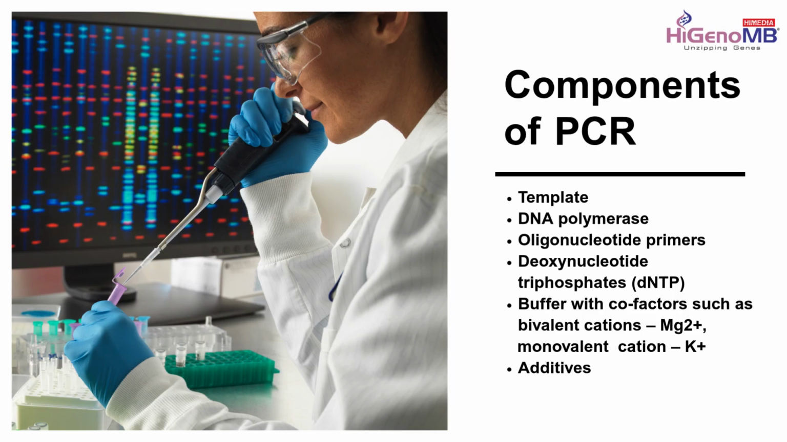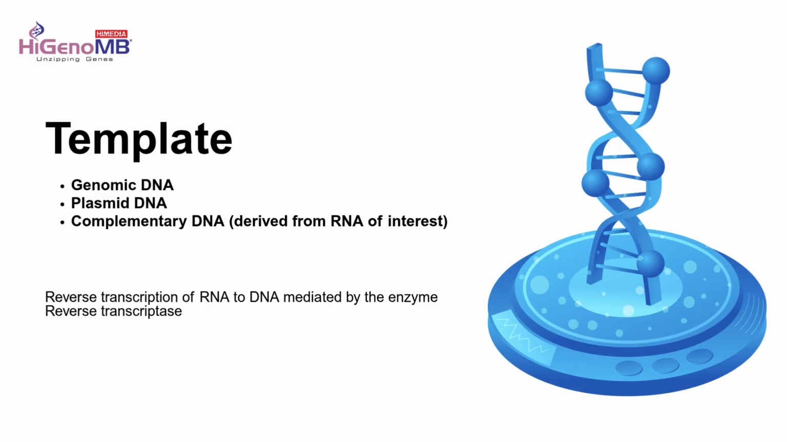Okay, so now let's go to the components of PCR. The first component is the template, meaning your gene of interest, or the template of interest, which you want to multiply into millions or billions of copies. Generally, the template used is genomic DNA which is isolated from various sources. It can be human DNA isolated from blood, or it can be plasmid DNA isolated from bacterial culture, or you can use complementary DNA which is